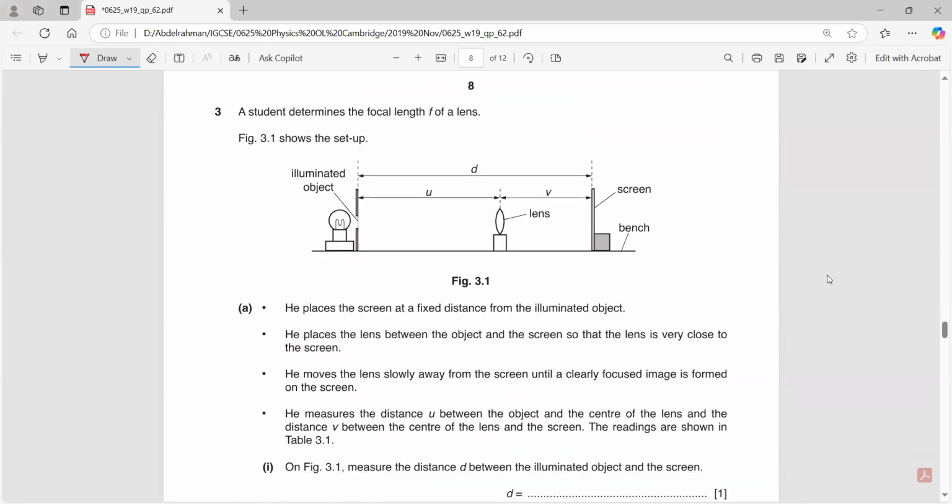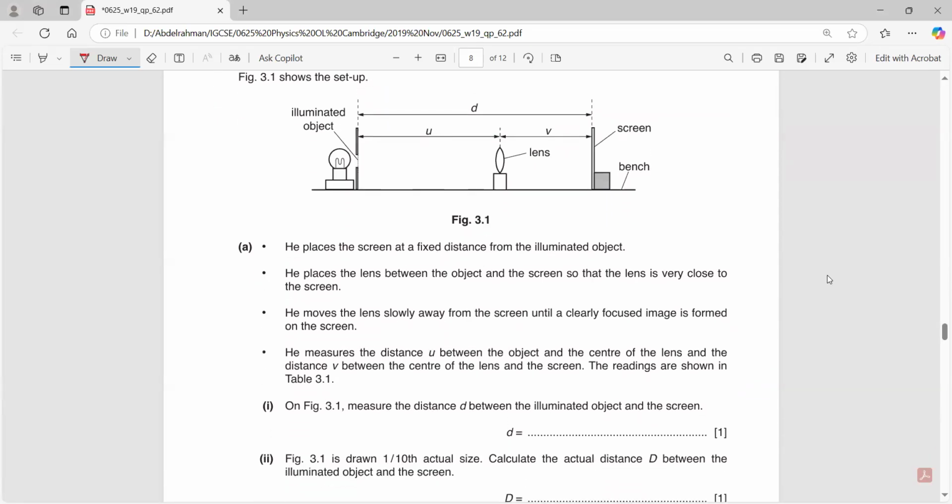Question 3. A student determines the focal length f of a lens. He places the screen at a fixed distance. The distance between the screen and the lens is v, the distance between the object and the lens is u, and the total distance is d. On figure 3.1, measure the distance using your ruler. If I use the ruler, the distance between them should be